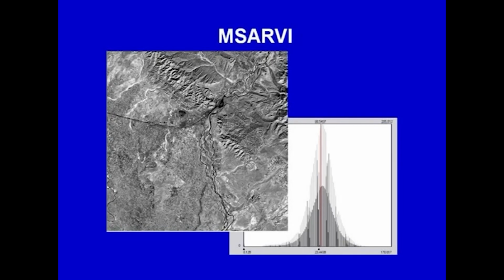And now we see the MSARVI image, and this particular image as a matter of fact is totally different from all the vegetation index images that we have seen up till now. What we find here is that the topographic information again has been very explicitly highlighted, and it appears as if we can now identify the micro channels